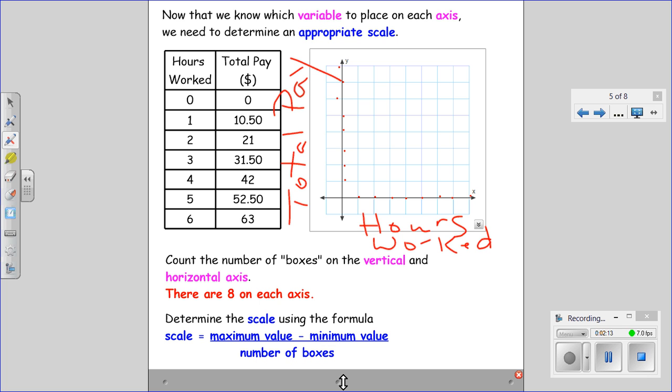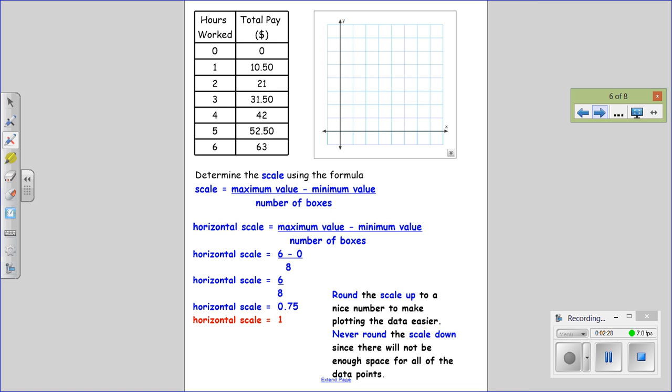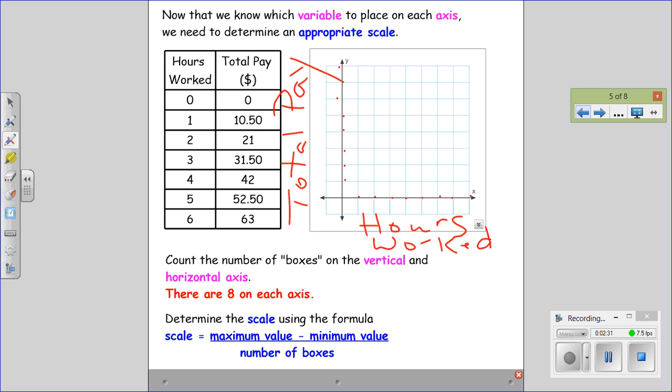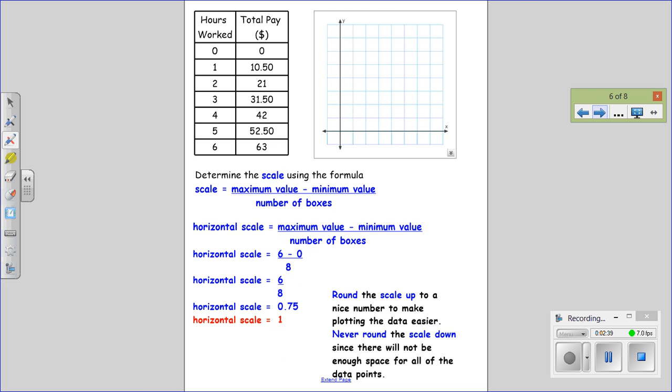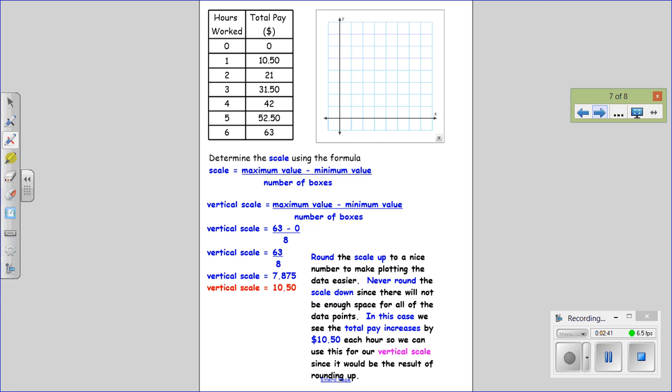So we're going to use a formula to determine the scale. We're going to take the largest value or the maximum value and subtract the smallest or minimum value. And we're going to take that answer and divide by the total number of boxes. So if we look back here at total pay, the most amount of money earned is $63, and we have to subtract 0 from it. So to figure out our vertical scale, we're going to do 63 subtract 0, and then we're going to divide that answer by 8, and it's about